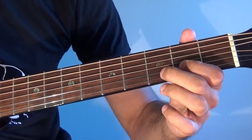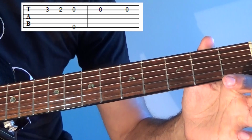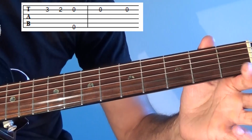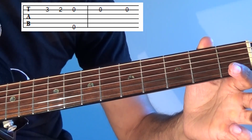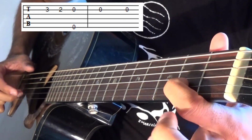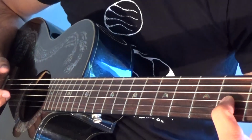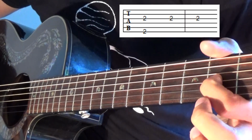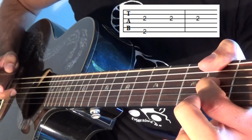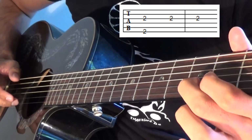Then we go 3, 2 on the B string, followed by an open B and an open E string, and 3 more B strings. So it's 3, 2, E string and B string. And then the 2nd fret on G, and I used a thumb for the 2nd fret of the E string. I'm going to play those 2 together now. Like that. So we have